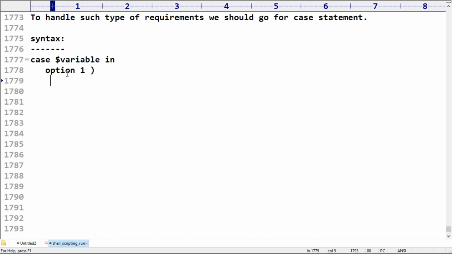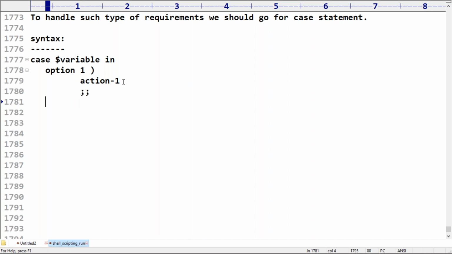Can you please define action one? If the value is this option one, execute this action. Next, after this, it is compulsory to use a colon. This is the fixed syntax. Remember that what is the meaning of that is break case execution.